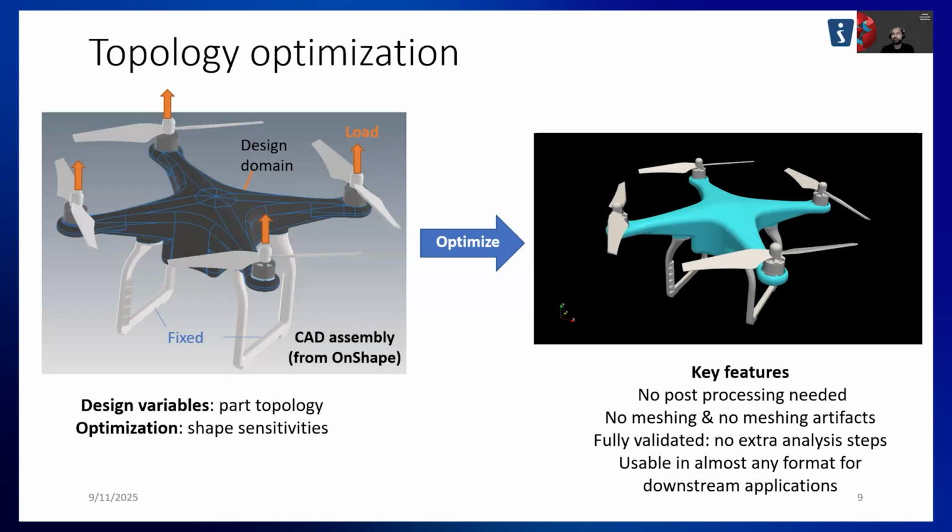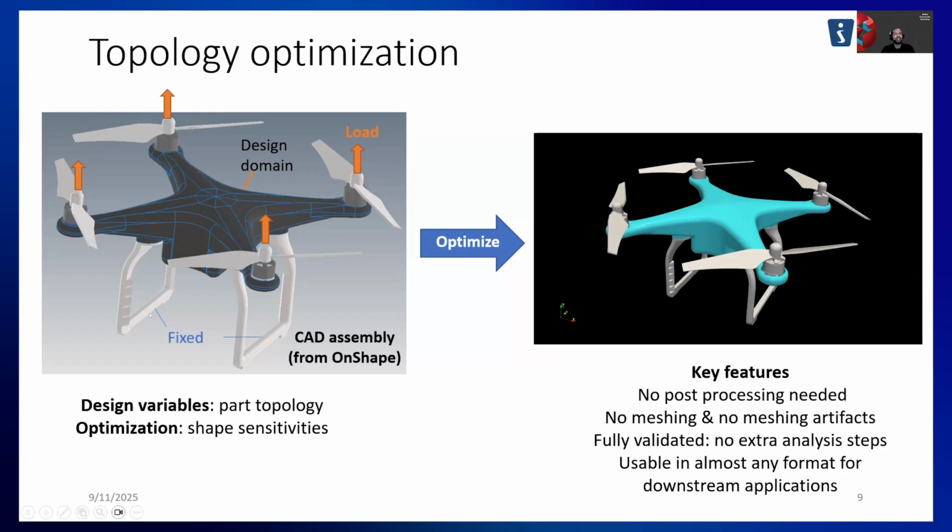From here on, I'll just show some examples of the generative design capabilities that we have. The first is topology optimization. This is an interesting geometry. We got it from Onshape. It's a nightmare to mesh, because they're very, very small parts, some of them intersect. They go into each other, there are penetrations, and some are in B-rep, some are in triangulated STL format. It's a complicated assembly, to say the least.